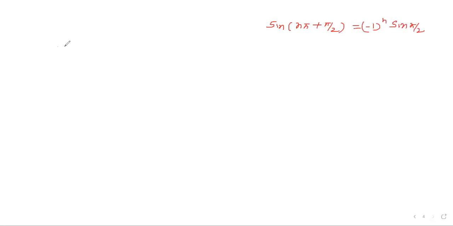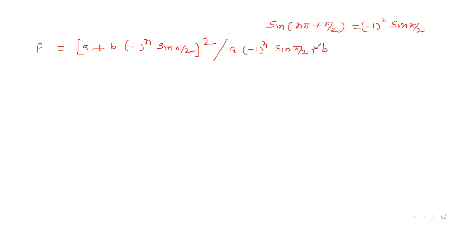So we will get p equals a plus b times minus 1 power n sine pi by 2 whole square divided by a into minus 1 power n sine pi by 2 plus b. But sine pi by 2 is 1. So we can further write it as a plus b into minus 1 power n whole square